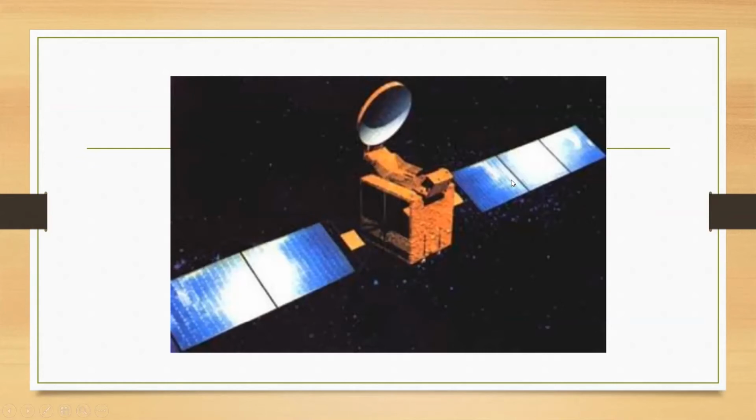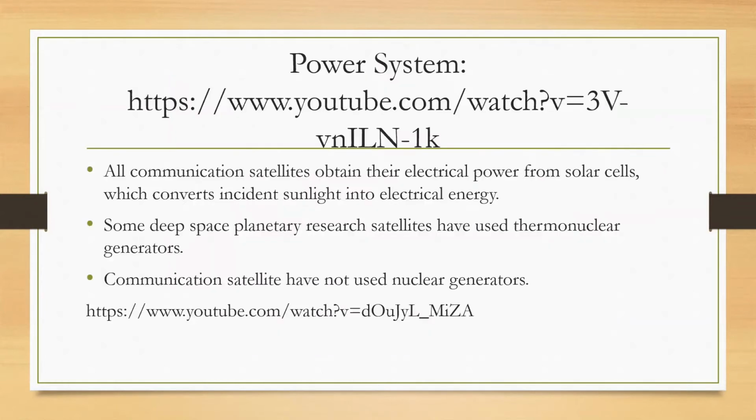But the problem with the solar panels is they have an efficiency of only 20 to 25%, and with aging this power generation is reducing. So after some time you may not be able to generate the required power. To overcome that, normally in the design of solar panels we have 15% extra array installed, so that you are actually able to generate the required amount of power. That is very important.